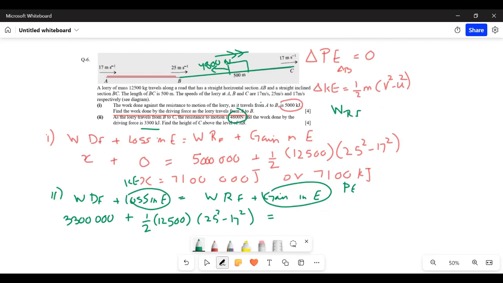work done by resisting force would be force into distance, ये फॉर्मूला है। तो फोर्स जो है रेजिस्टिंग फोर्स 4800 है और डिस्टेंस कवर्ड इज 500 meters, so we write 4800 into 500 plus loss in energy, sorry plus gain in energy। so जो गेन है वो काइनेटिक एनर्जी का गेन है,